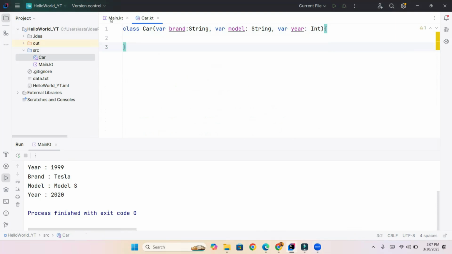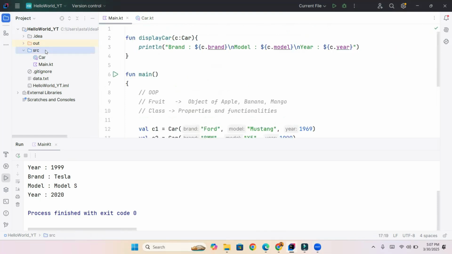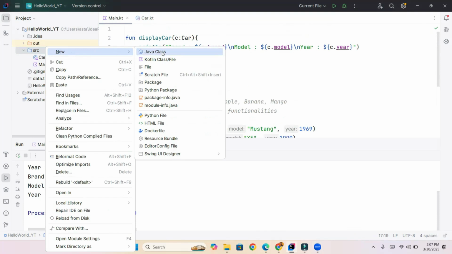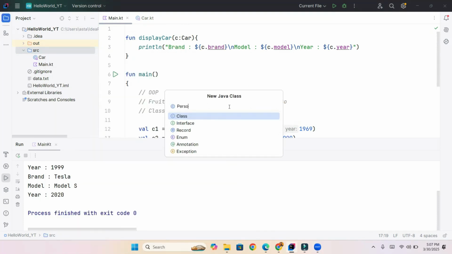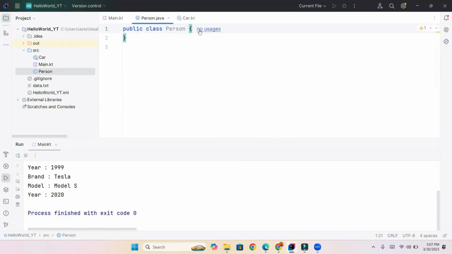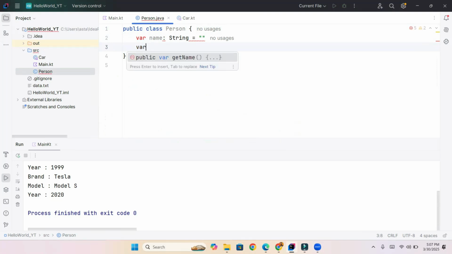Now let's create another class to understand the functions inside the classes. So let's create a class named Person. So there is a Person class, and a person has, suppose, name and age. So var name colon String, and this is empty, and similarly var